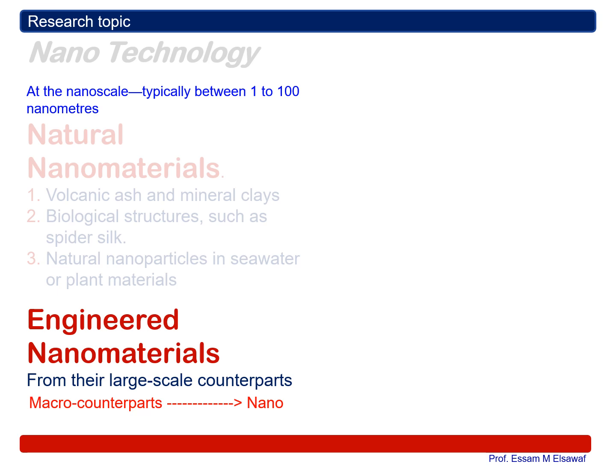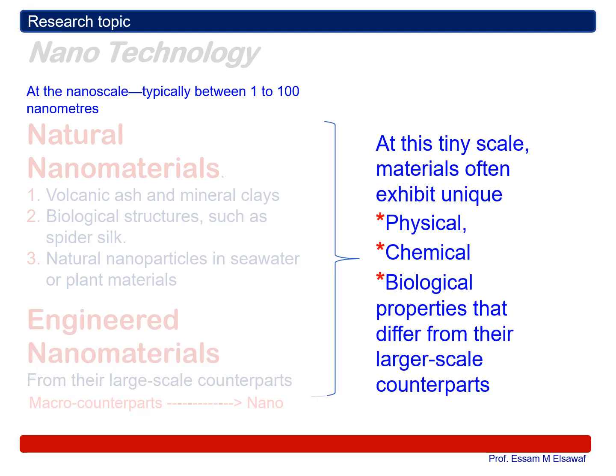At this tiny scale, the materials often acquire unique physical, chemical, and biological properties that differ from their large-scale counterparts. It means that such nanoparticles, whether natural or engineered from macro counterparts, acquire unique properties that I can use